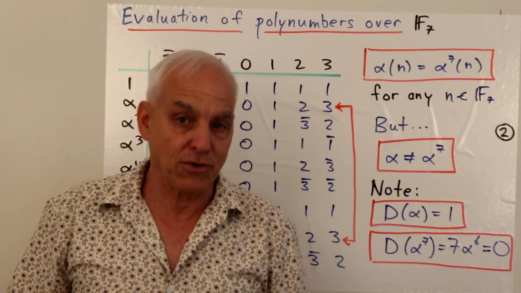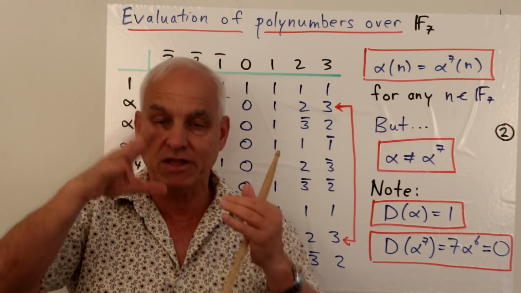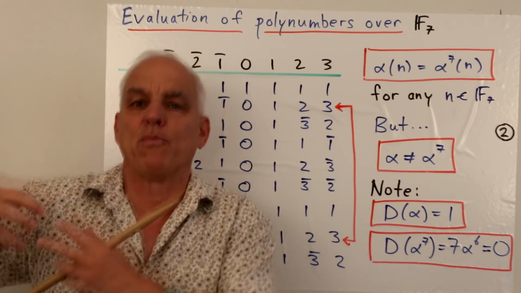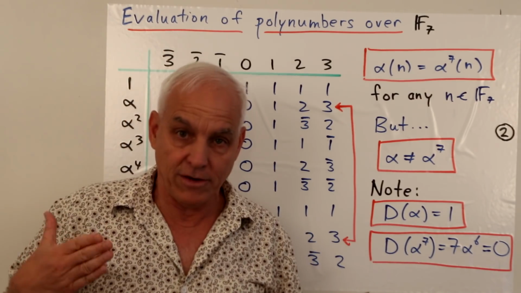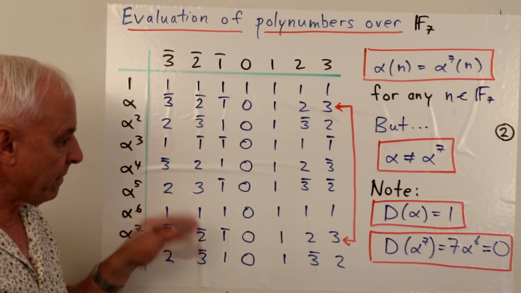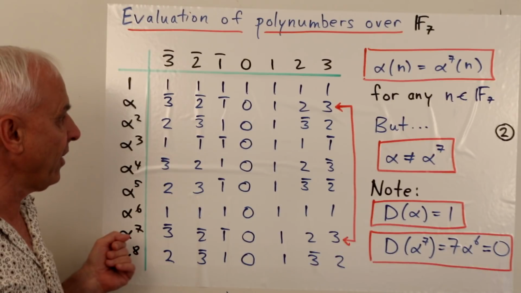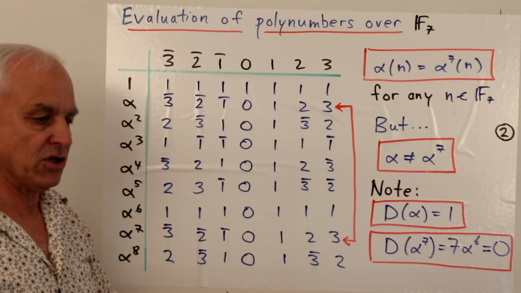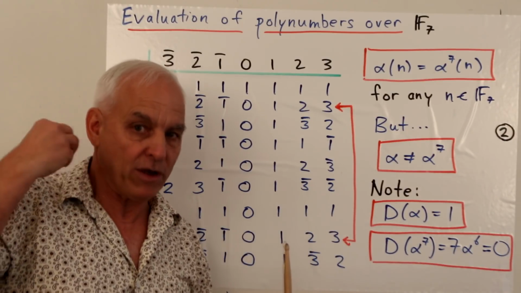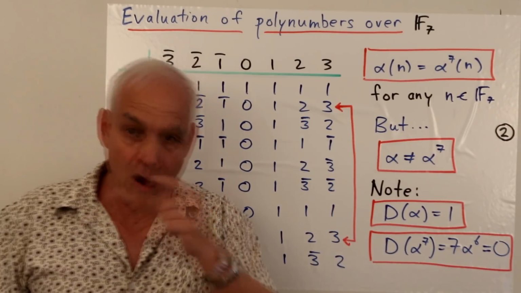Admittedly, this takes some getting used to if you're trained in classical calculus, because you're used to thinking about the graph of a function and everything depends on the graph of the function. That's not the case here. It's the actual algebraic form of the function which drives the calculus. So a lot to think about here, and to appreciate this difference between the actual polynumbers, which are just these algebraic identities, and their representations as functions, which are sort of shadows of them, but the shadows do not capture the full polynumbers themselves. And the calculus wants to work at the level of the polynumbers.